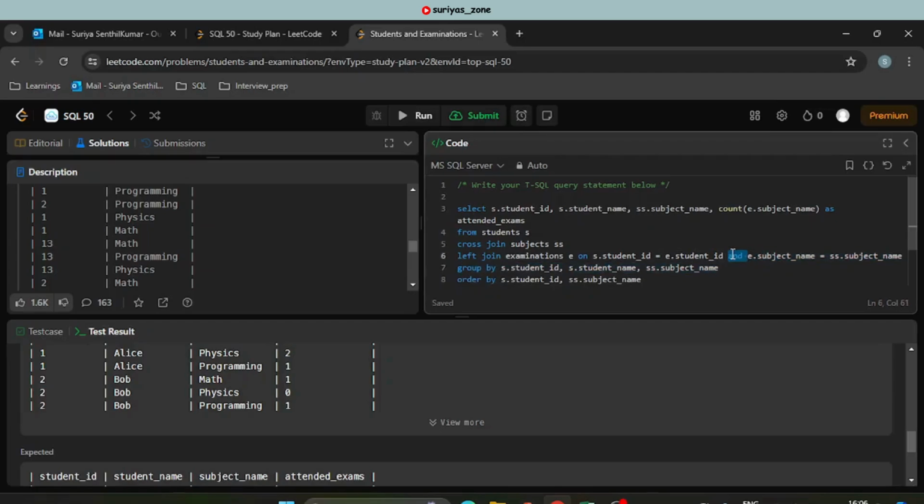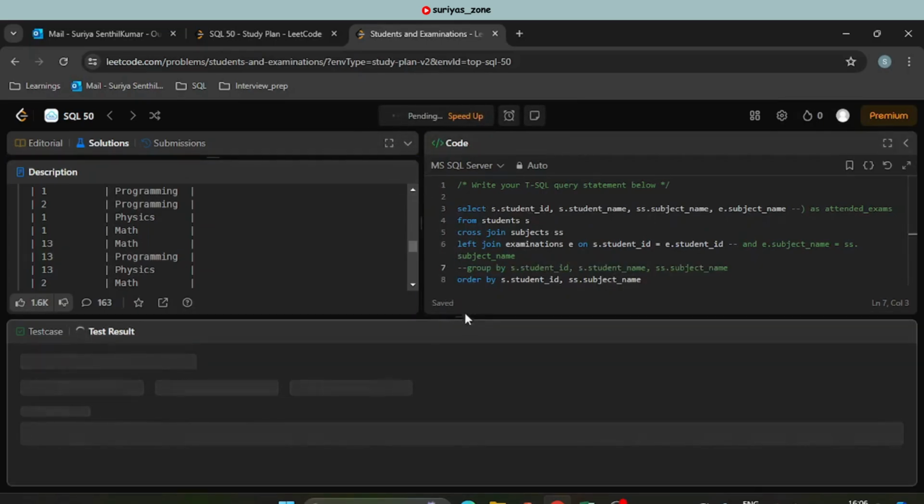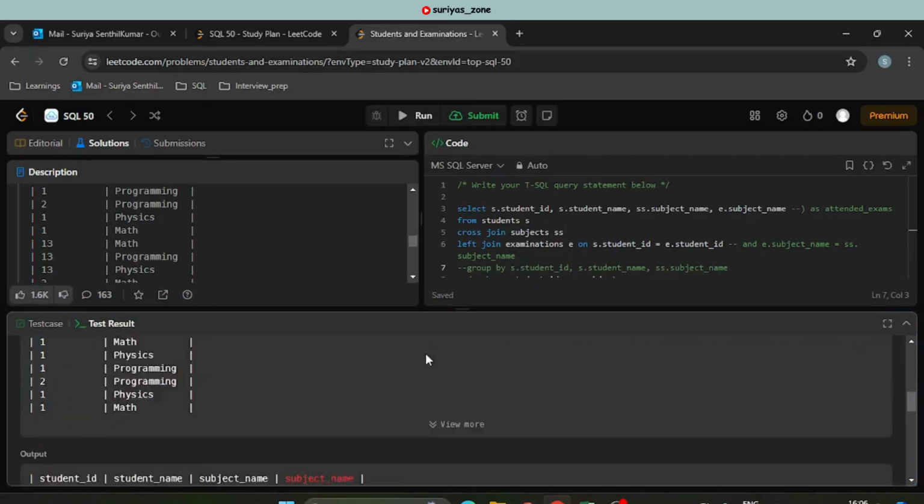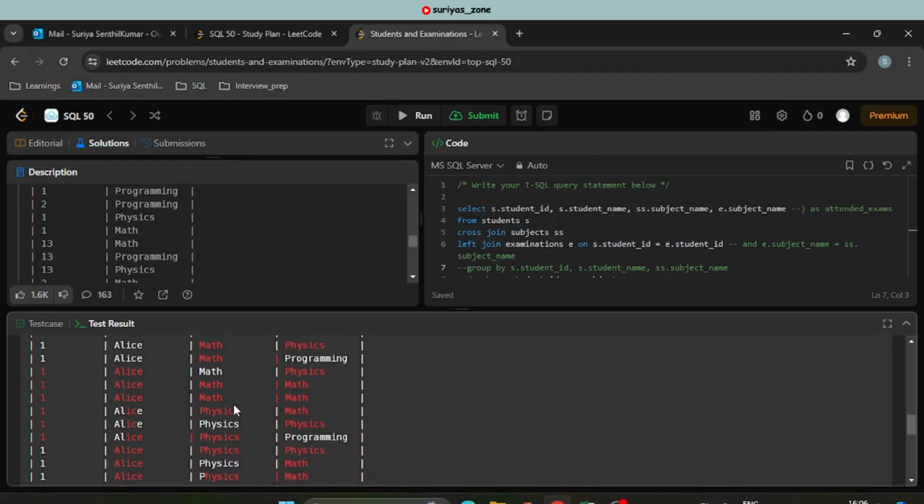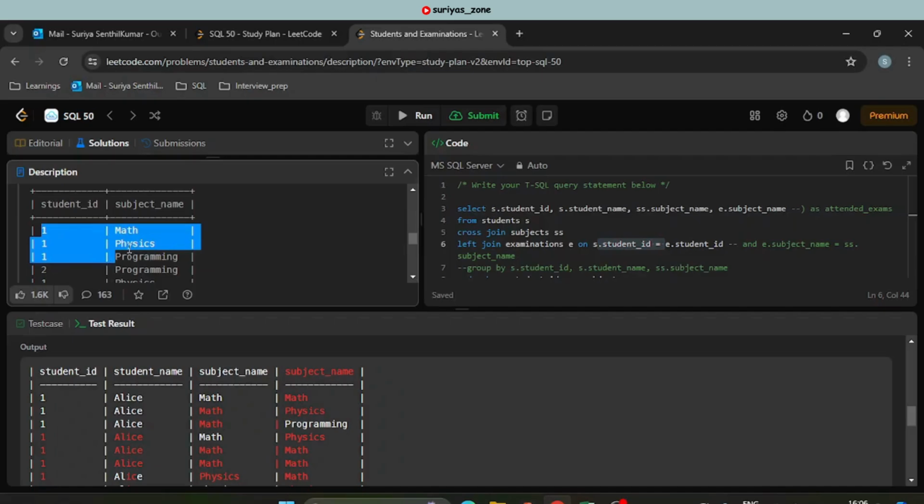So what I will do is comment out this join, and instead of count we will simply take the subject name from the examination table, and I will comment out this group by clause as well, otherwise our query will fail. Let me run this now. Here if you see, the rows have doubled, because we are doing the left join only based on student id. The student id is present in the examination table as well, and the record is present 3 times